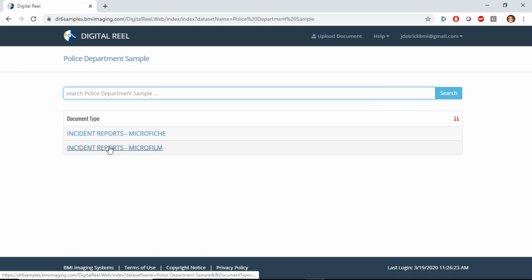And in this case, we have a couple of high-level links here. One is for microfiche and one is for microfilm. There could be more. We have an upload document capability in the upper right hand corner. You can see I'm hovering over upload documents. So for ad hoc capture or uploading of records, we do support that. I'm going to click on the incident reports microfilm